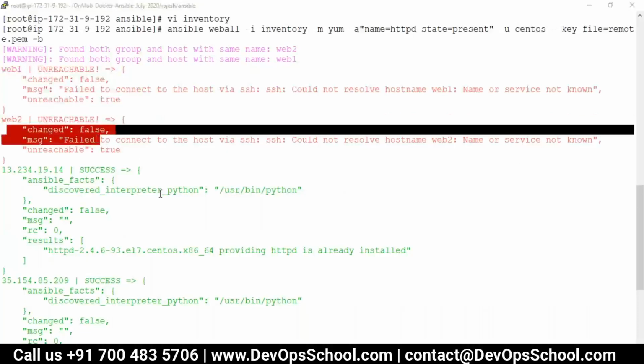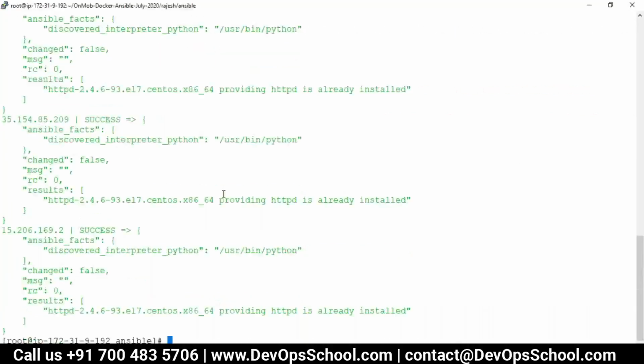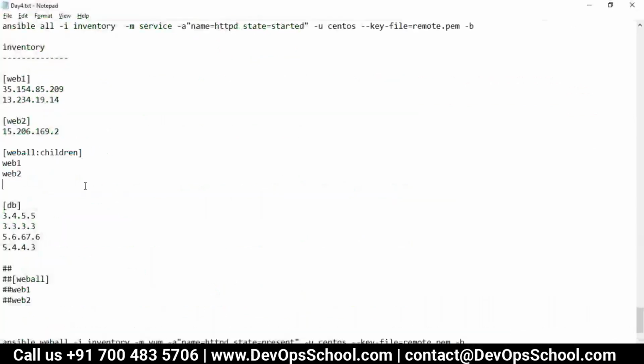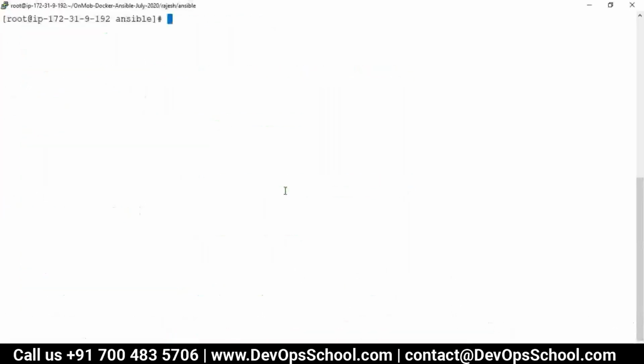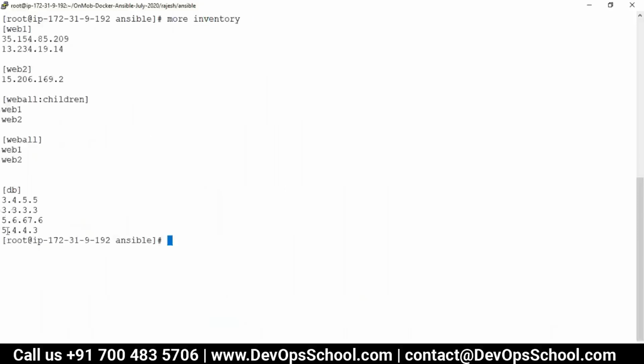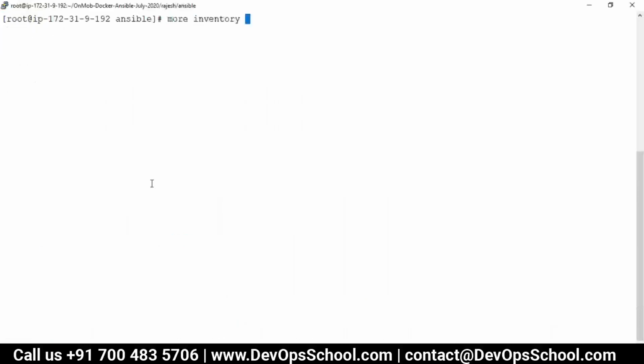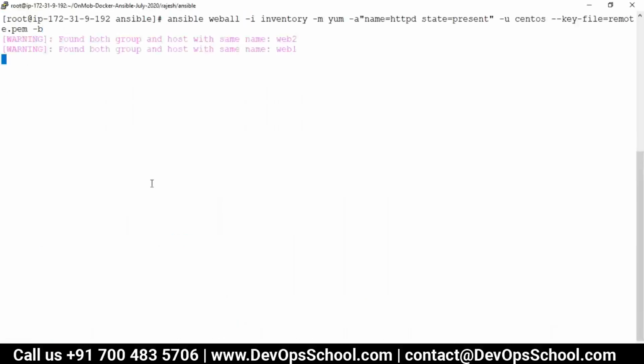So see what has happened when you run this web all, first it runs this one. Just a second. Group of groups. So if you try this one, web all, and you see here, I'm running one more time, web all.